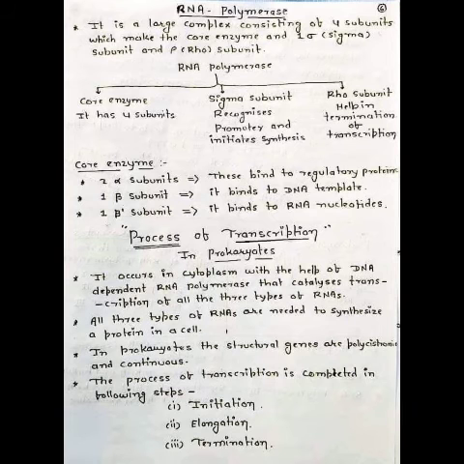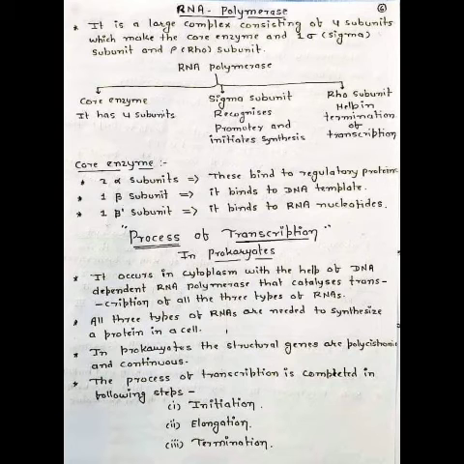Now RNA polymerase is basically a very complex structure. So here is the structure of the RNA polymerase. It consists of the core enzyme which has 4 subunits, which include 2 alpha, 1 beta and 1 beta prime, right? The alpha subunit binds to regulatory proteins basically, the beta subunit binds to the DNA template, and the beta prime subunit binds to the RNA nucleotides. The second part is the sigma subunit, which recognizes the promoter and initiates the synthesis. The third is the Rho factor, which helps in termination of transcription.